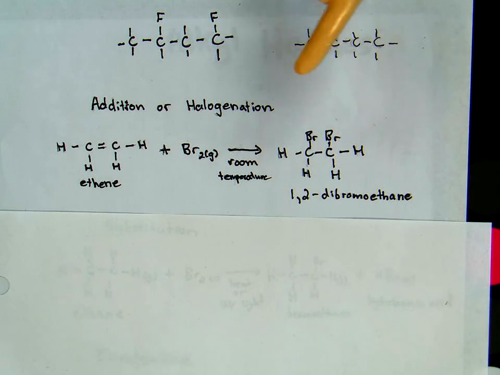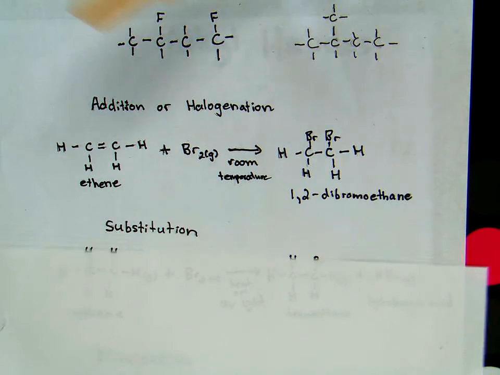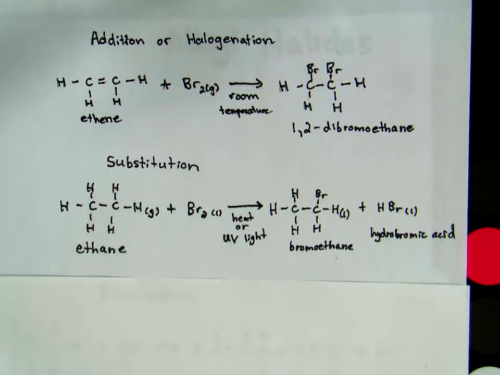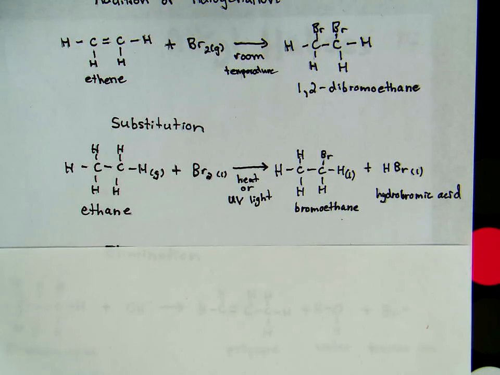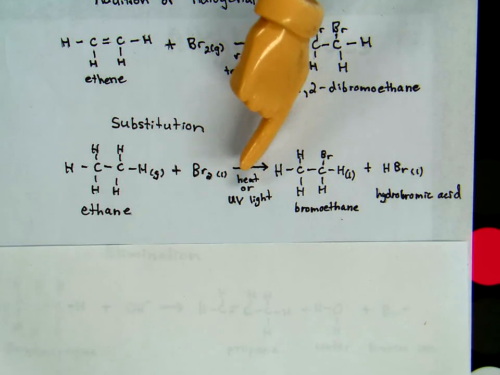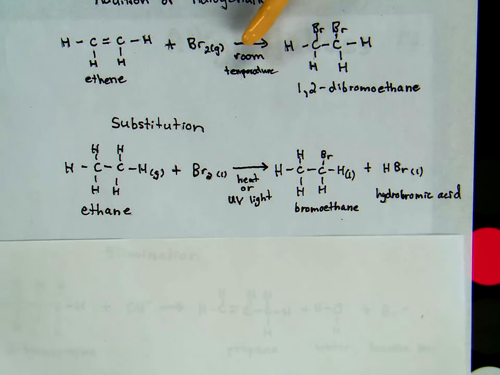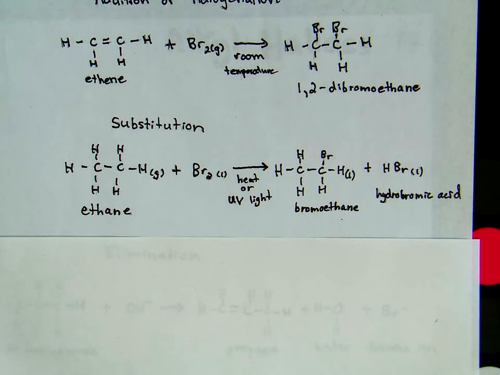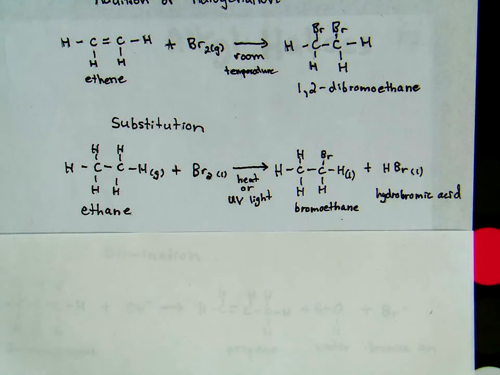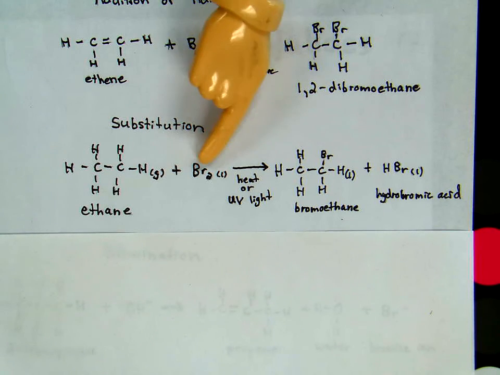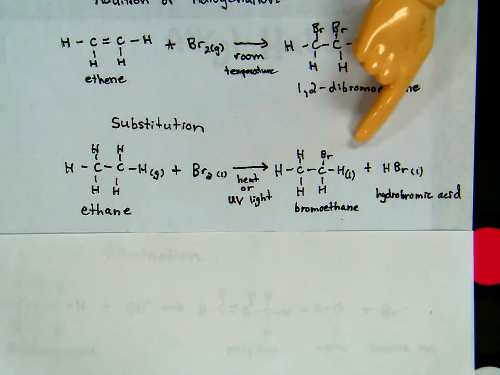A substitution reaction happens when a halogen replaces hydrogen in a molecule. This reaction usually requires the input of energy as heat or UV light, whereas a halogenation reaction may happen at room temperature. An example of a substitution reaction is when ethane reacts with bromine to form 1-bromoethane and hydrobromic